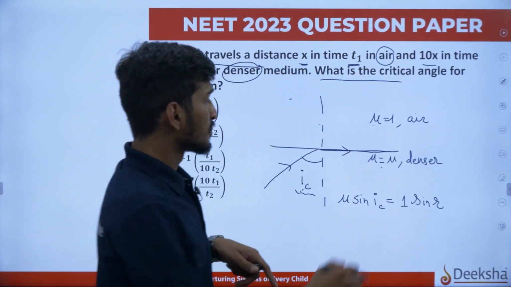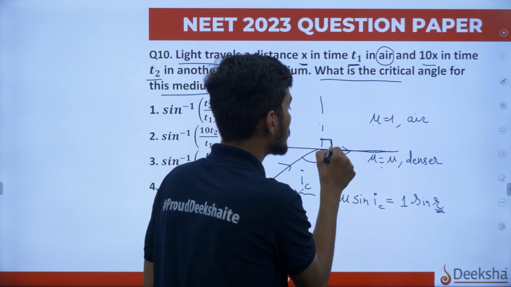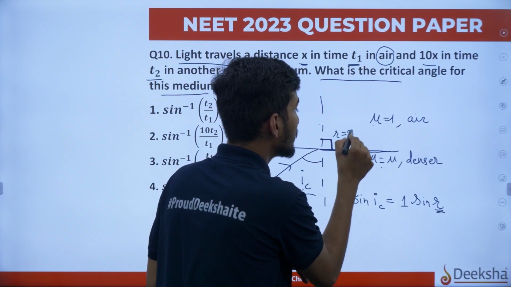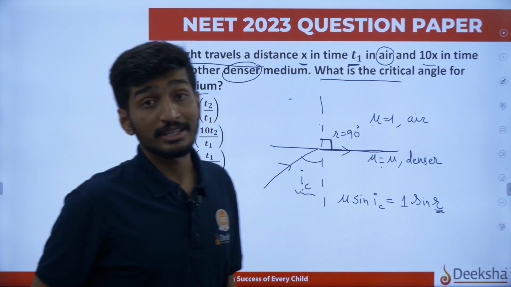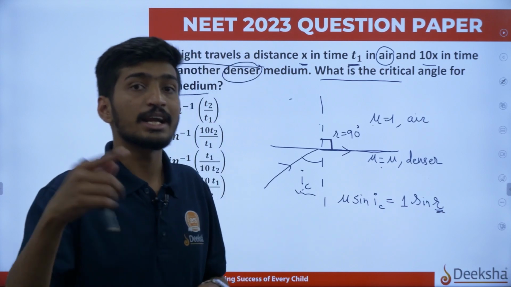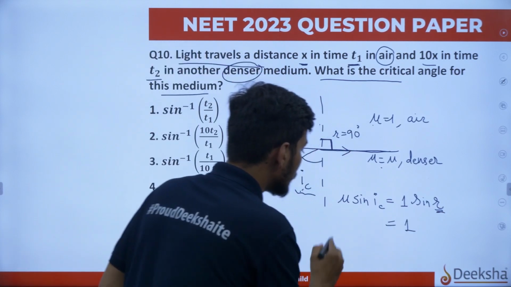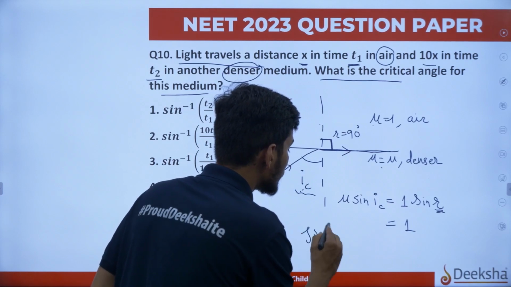Right? Clear? What is r here? This is the r here, measured from the normal. r is actually 90 degrees for a critical refraction. So basically this is sin 90 degrees. Sin 90 degrees is 1. So I get 1 on the other side, and I can just look at the formula of sin IC,